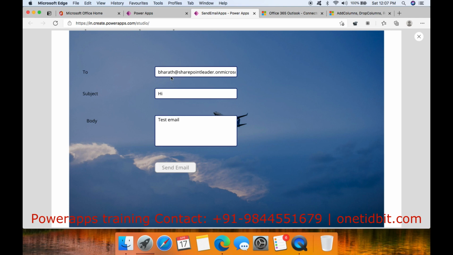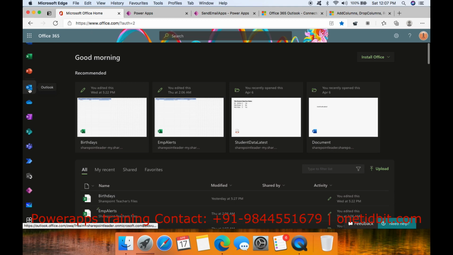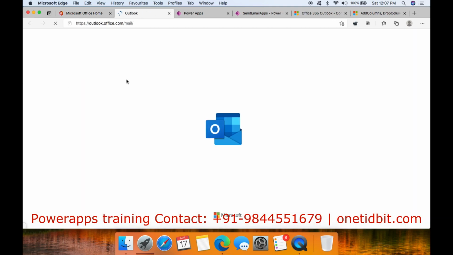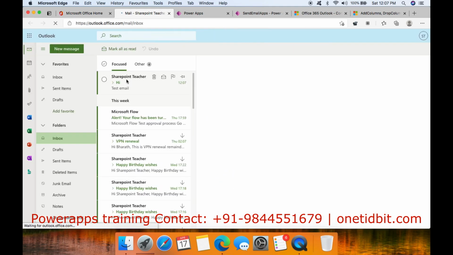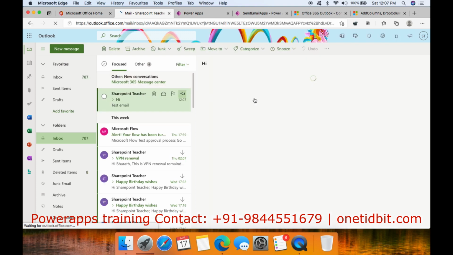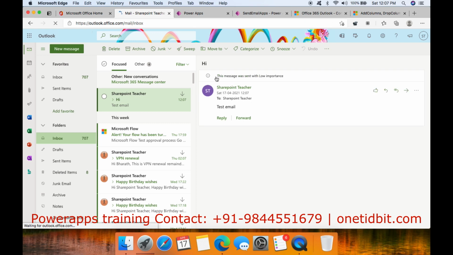I'm clicking send email and you can see the progress here, and I'm going to my Office Outlook. Let me see whether the email came or not. Yeah, I got an email here. You can see the Hi test mail. So the email functionality is working now.